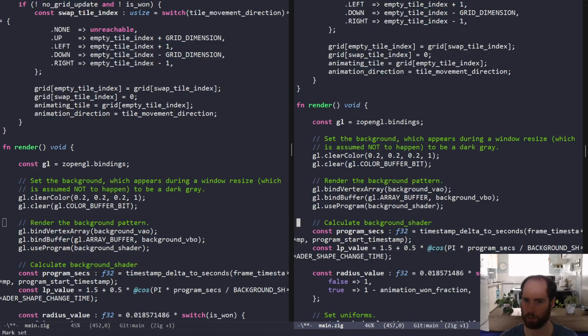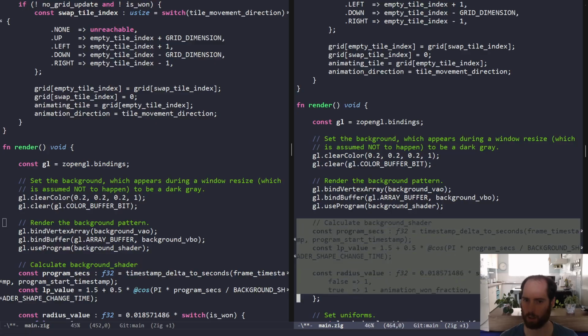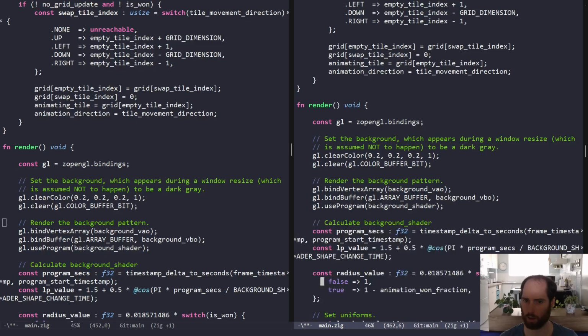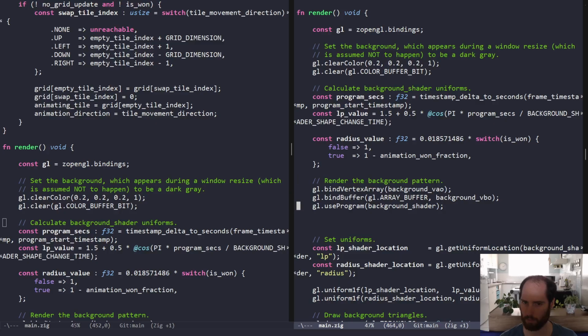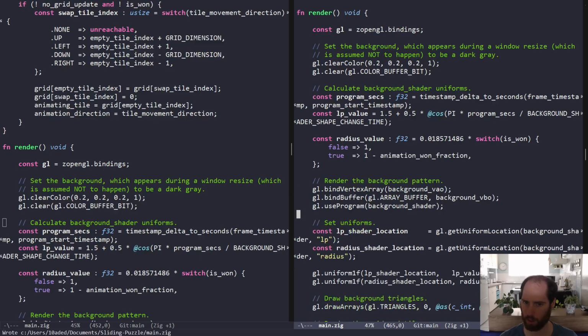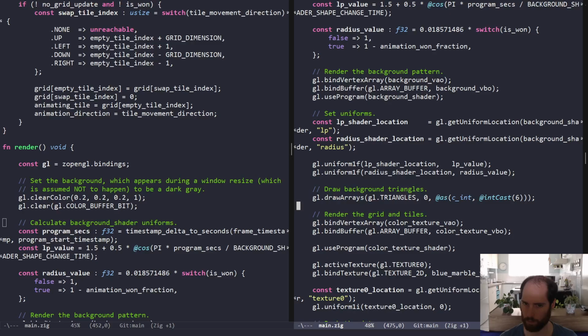This kind of stuff should happen before, I think before this. Calculate background shader uniforms. And then we want to render it. Okay, and then